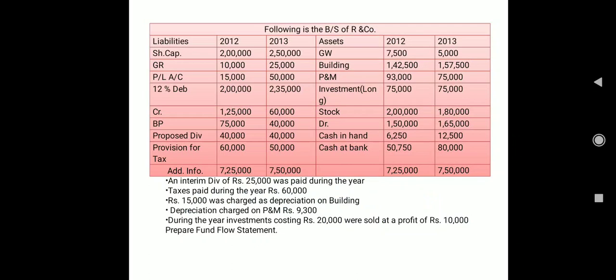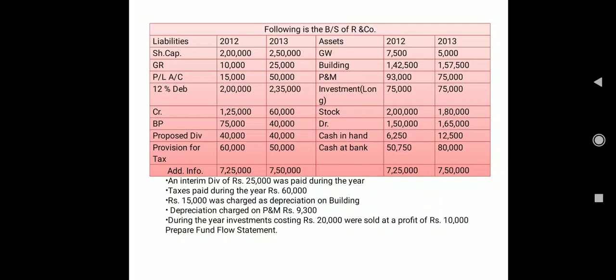So right now, in 2013, while calculating fund from operation, we are going to treat it as a non-cash expense. Clear? The 2012 amount we are going to treat as dividend paid and take as an application of fund. And the 2013 amount we are going to take as a non-operating, non-cash expense or loss while calculating fund from operation, because you have only proposed it, you haven't paid it, you will pay it next year, so right now it is non-cash.